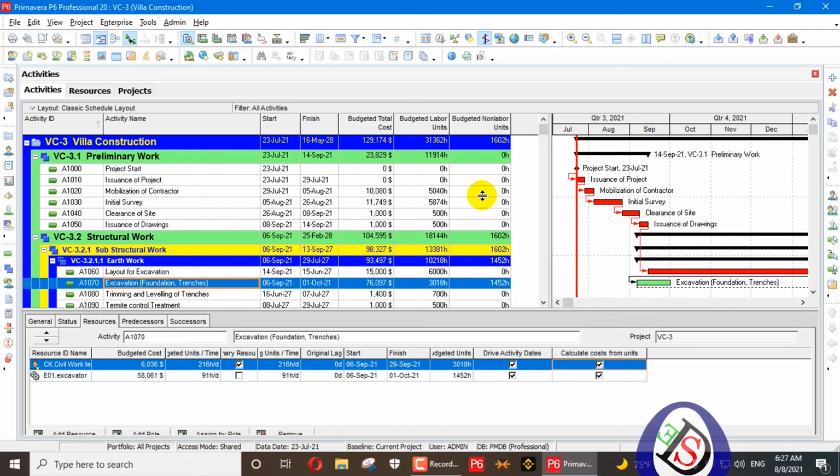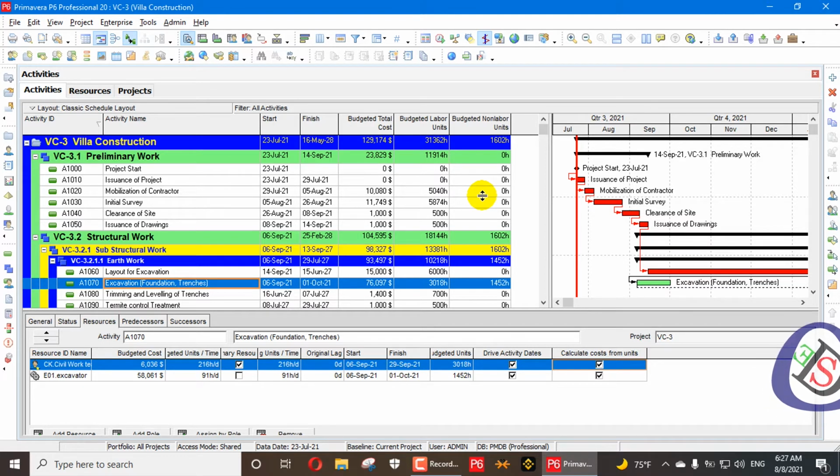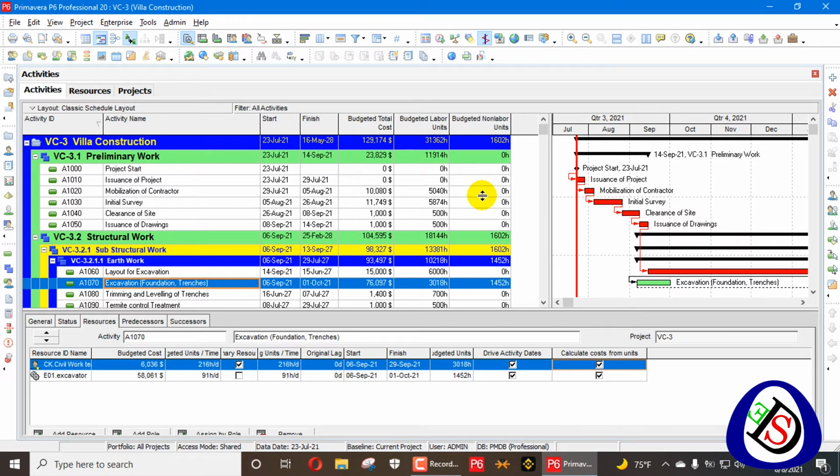So is cost fixed for a project? It's not considered fixed in the construction industry, or in several fields like oil and gas, nuclear, electrical, and a lot of other fields. The cost is not fixed; it is related to units. The cost is calculated from the units. So if we have a fixed unit rate for a resource, we multiply our unit rate with our total budgeted units, then we get the cost.